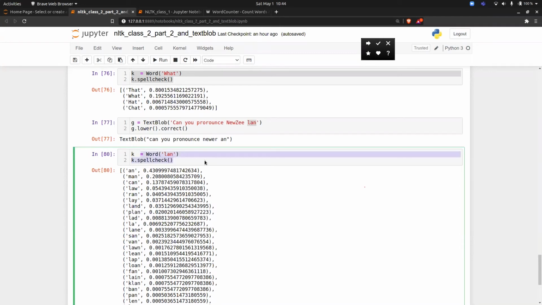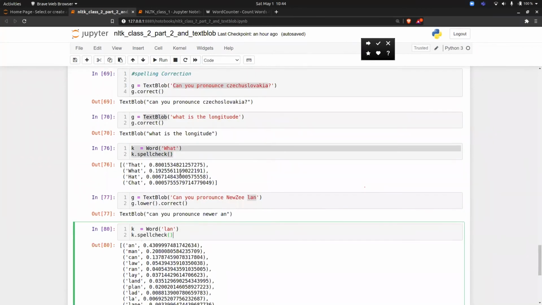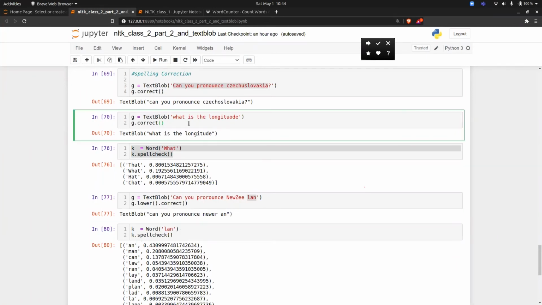So this is just a small library, so that's why many errors are there, as you can see. Basically, it's some kind of set of syntax that they want. If we give that, then it will try to give the proper output. For example, they want everything in lowercase, but we are giving "can" in capitals, and it is checking each word only. It is not checking whether the word suits the sentence or not. No, each word.